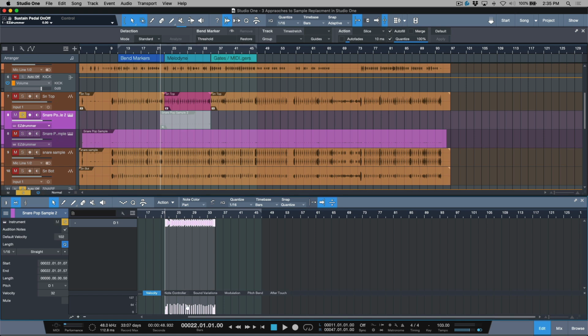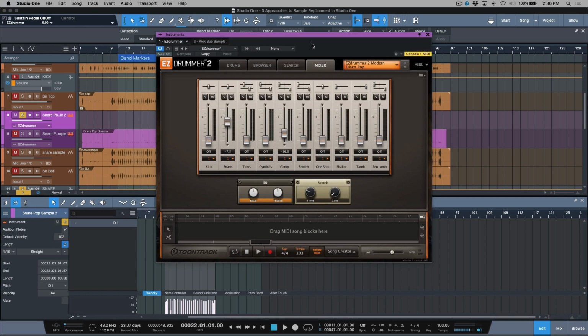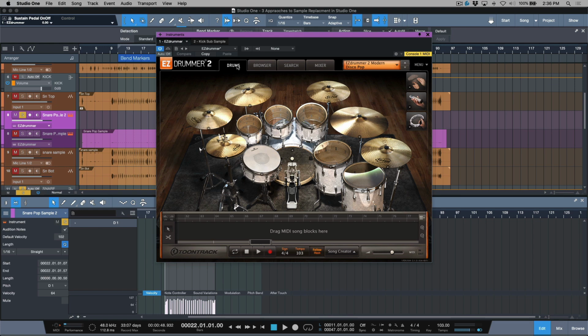I'd probably leave my fader at unity and I would just tuck these velocities in, moving them up all relative to each other. Now, let's talk about one more thing about using an actual virtual instrument versus a sampler. I think it's perfectly fine to find a sample that works and drag it into Impact XT or Sample One or something like that. But in some cases where I need something to have a little bit more of an upfront and center role, the realism that you get from a virtual instrument,